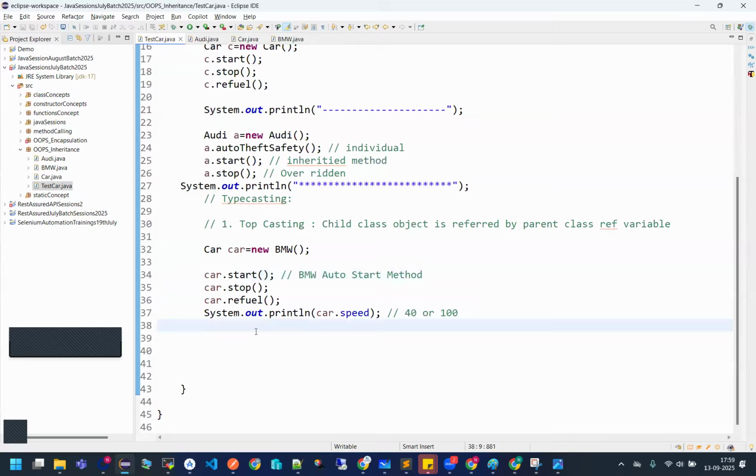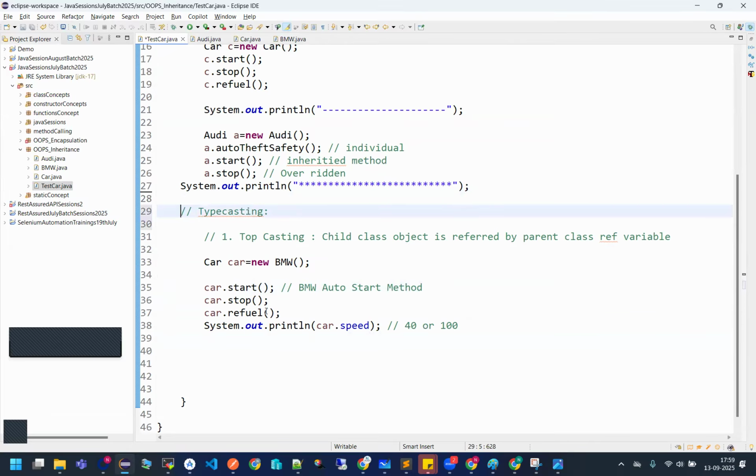Now, I told you there are two types of typecasting. I have just discussed one for you. What is the second type of typecasting? It is downcasting. What is downcasting then? You can have an idea from this statement I have written. In case of upcasting, a child class object is referred by the parent class reference variable. Then what is downcasting? In this case,